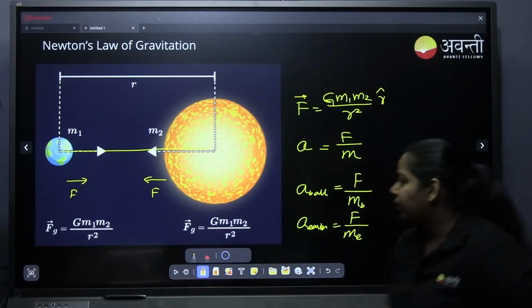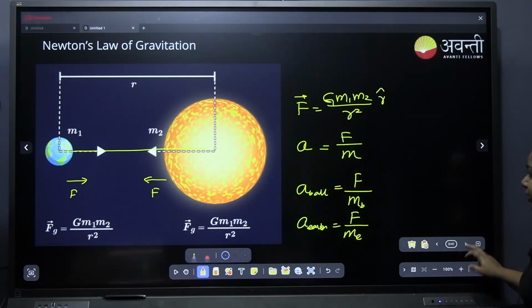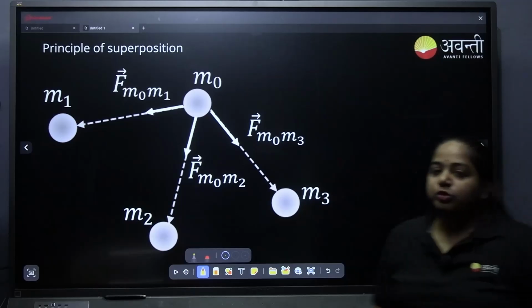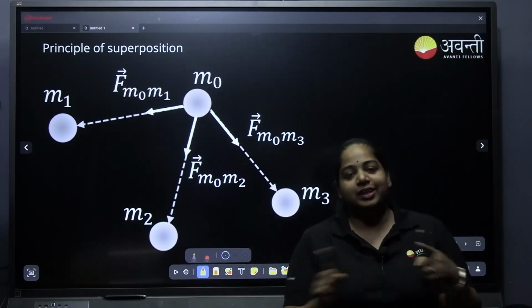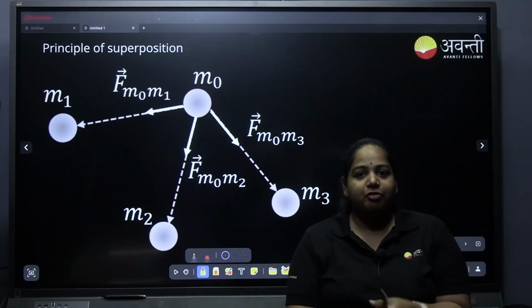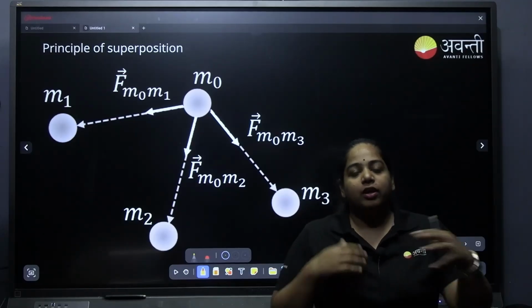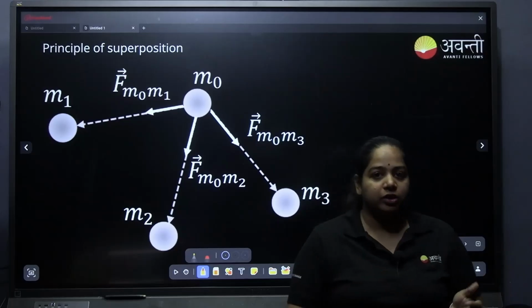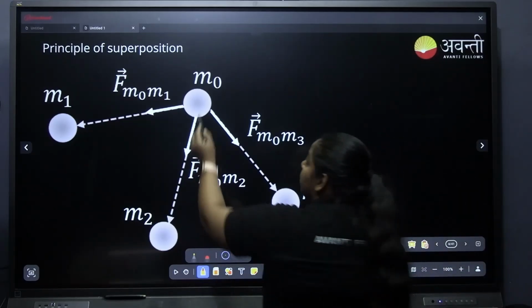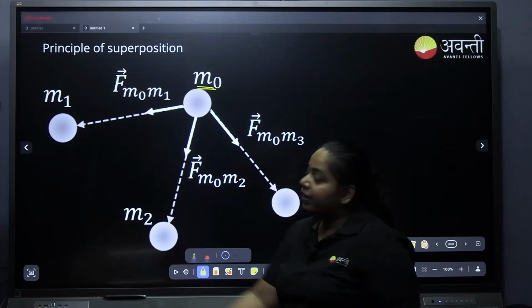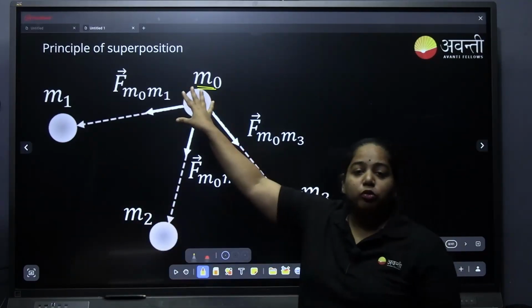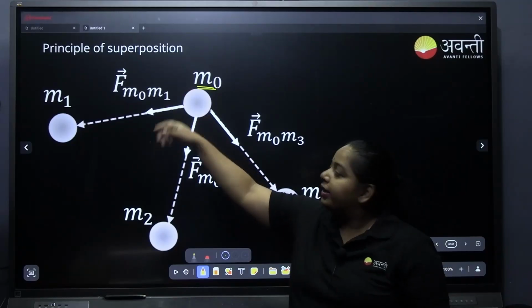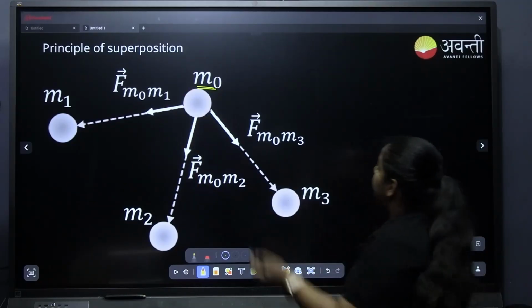Okay. So coming to the next topic, principle of superposition. In the first slide we learned that two objects are attracted to each other. Okay, what if multiple objects are there? All of them will be attracted to each other. So if you are taking this mass M0, there are other masses M1, M2, M3. All of them exert force on M0. So total force on M0 will be